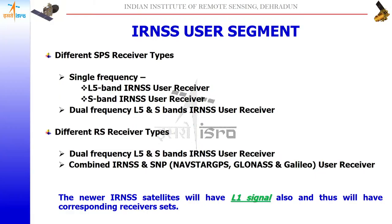Now this is available for the civilian community, whereas the different restricted services are available for the authorized users. So they can also have the dual frequency L5 and S band IRNSS user receivers, along with the option of availability of other signals from different GNSS also, like satellite based navigation positioning through the Navistar GPS, GLONASS and Galileo. So these receivers are also available, and as I have discussed, now we have received the permission